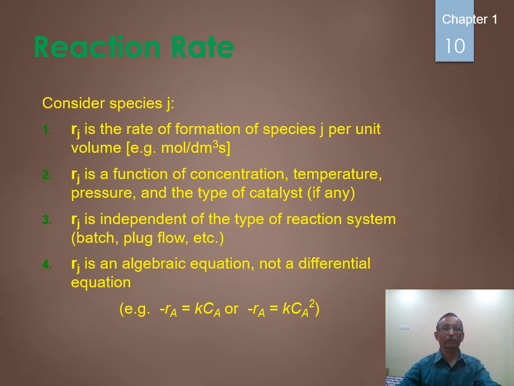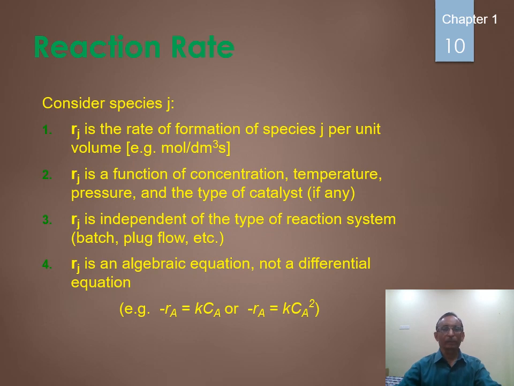So whatever reaction you are going to perform, these are the operating parameters of the reaction in general. We consider the concentration of the feed, at what temperature you are going to perform the reaction, at what pressure you are going to perform the reaction. So in general, these are the 3-4 parameters. We call them the operating parameters of the reaction: concentration, temperature, pressure, and if you are using a catalyst, then the type of the catalyst. I will explain the type of the catalyst in detail whenever you come across that particular unit.